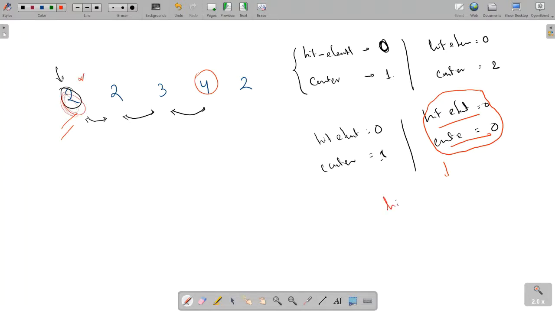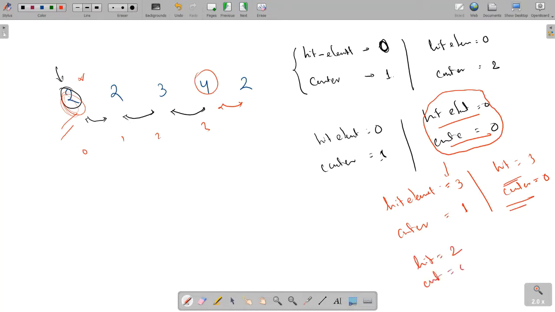So now the heat element will be at position 2, which is 3, and the counter will be 1. Because we have considered 3 as the heat element, we compare these two. Now you can see the heat element is 3, but the counter became 0 again. Again, we have to change the heat element because the counter is 0. So now the heat element is 2 and the counter is 0. And we have to return 2, not the position. This is the fourth position, so the heat element will be at position 4. So now this function will return us 2.